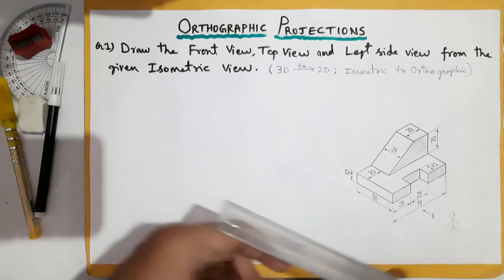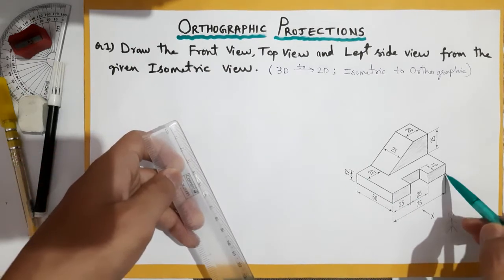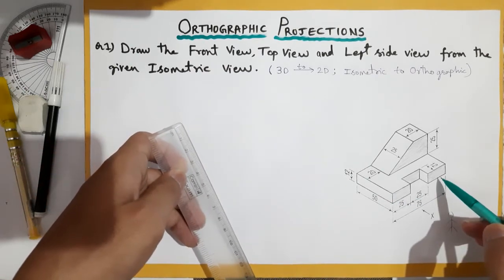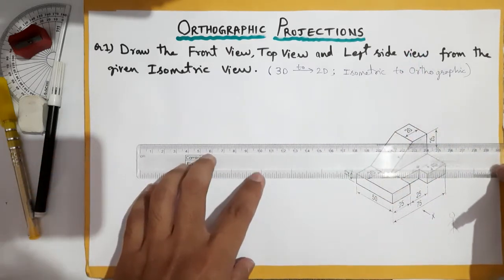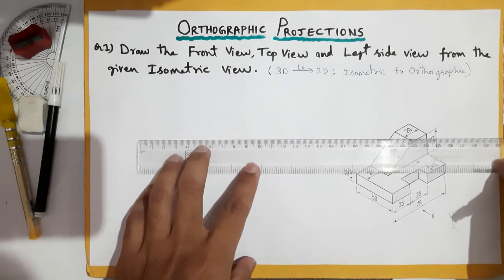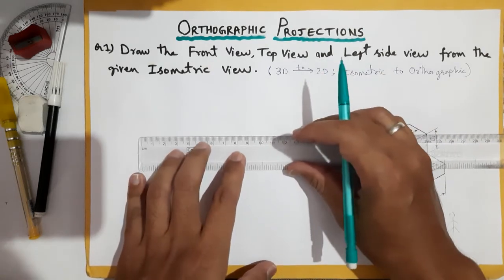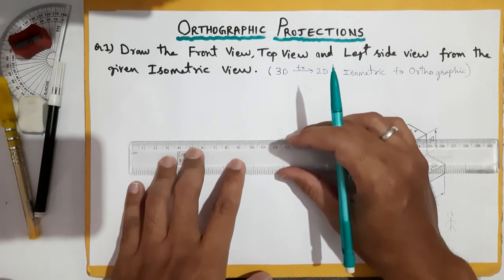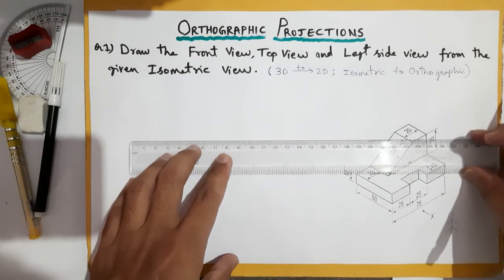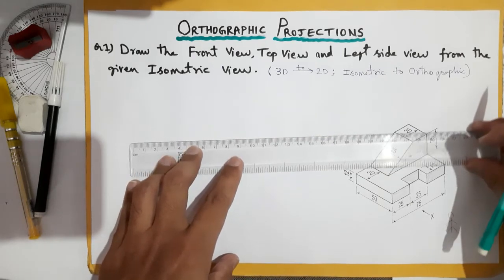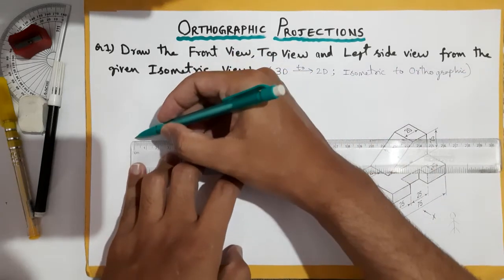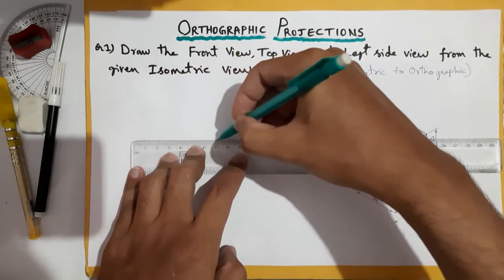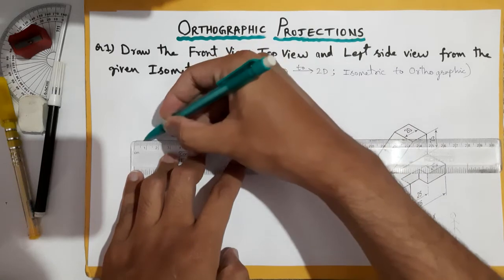So here, overall width how much? From here to here the width is given as 75 mm. Let us draw a 75 mm long line. This should be straight horizontal. If it is up and down, the entire diagram will be a little tilted. So this is the 75 mm long line we have taken.